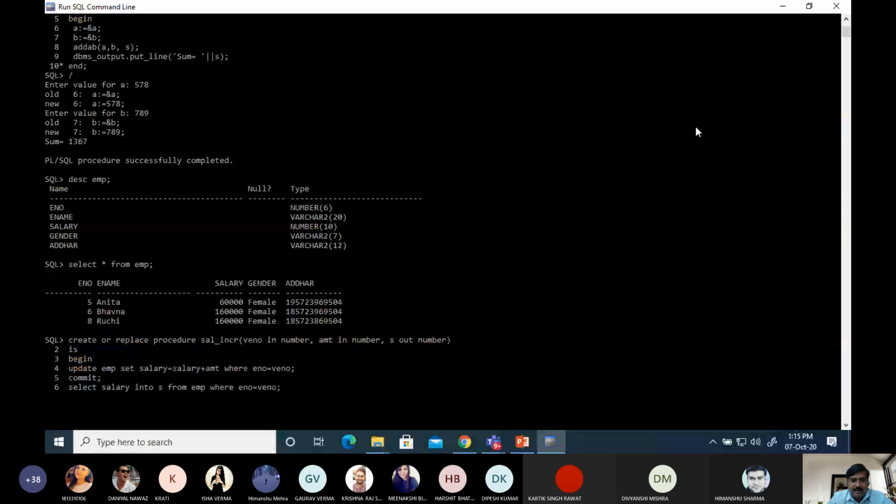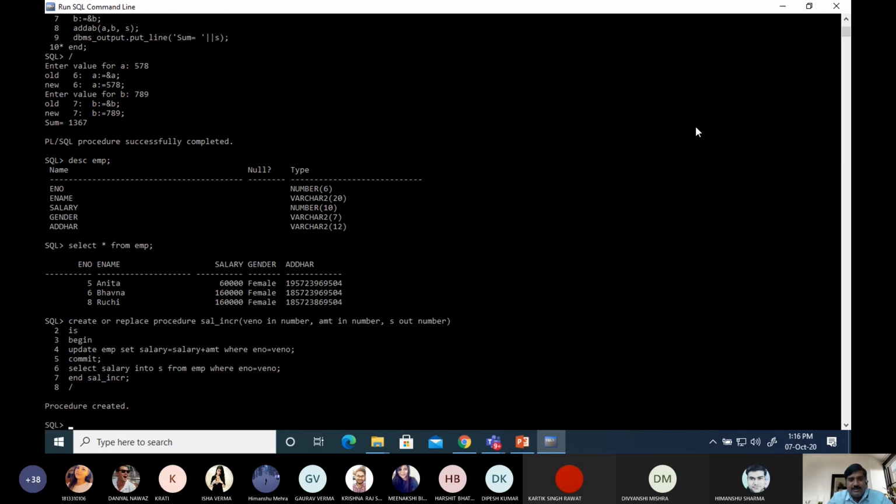Now end, and after end we will write the procedure name. Now I am going to execute this through forward slash: procedure created. Did you get it? And this procedure is stored in the Oracle database. If we want to call this procedure through the SQL prompt, then what will we do? Execute. Okay, through execute we can call it, but before that,